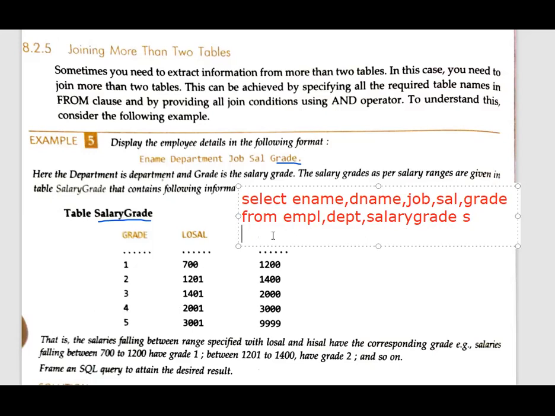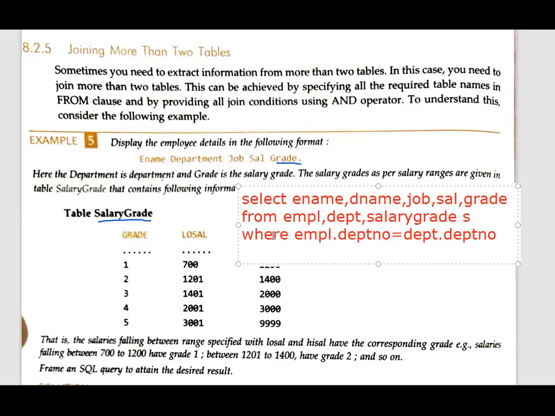As we know, the very first where condition will be on the basis of combining 2 tables. So we are going to combine the first 2 tables with respect to their department number. So where, for combining, EMPL dot DEPT number is equal to DEPT dot DEPT number. This is the first thing.